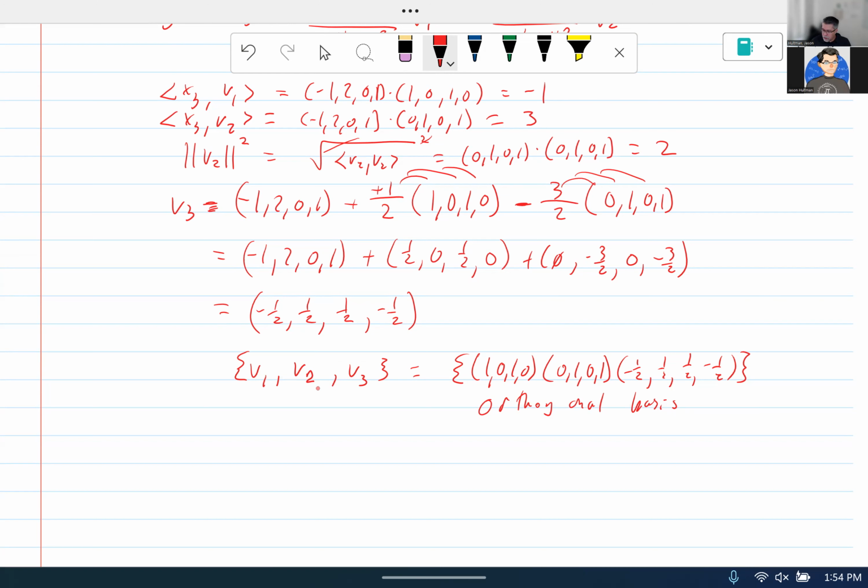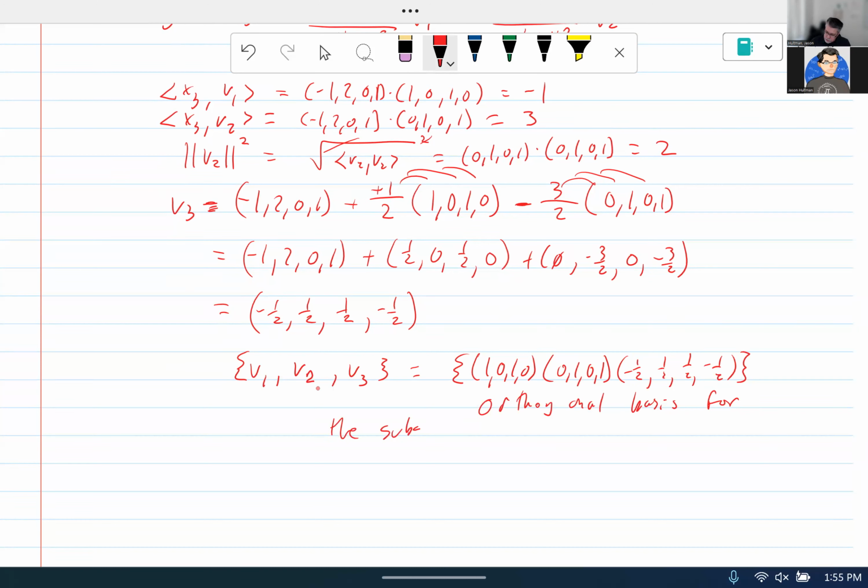That's fine. And then V1 with V3, I would get negative 1/2 plus 1/2, which goes to 0. And then if I did V2, I would get the same thing. V2 with V3, I would get positive 1/2 plus negative 1/2, that goes to 0. So they're all orthogonal. And it is an orthogonal basis for